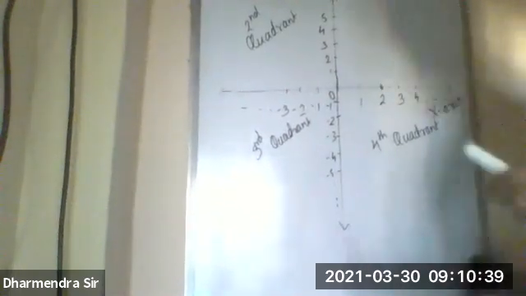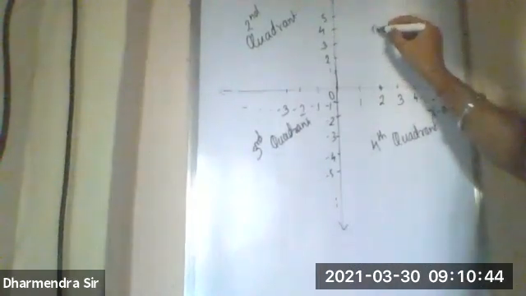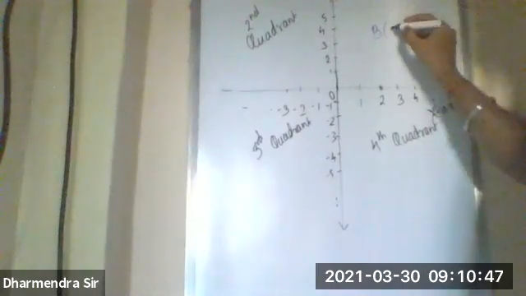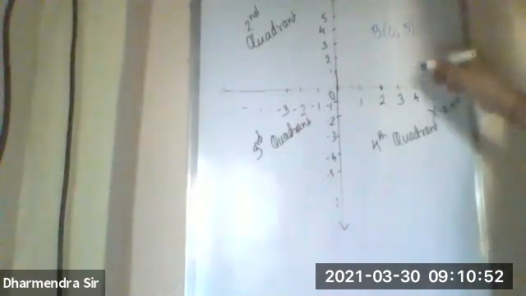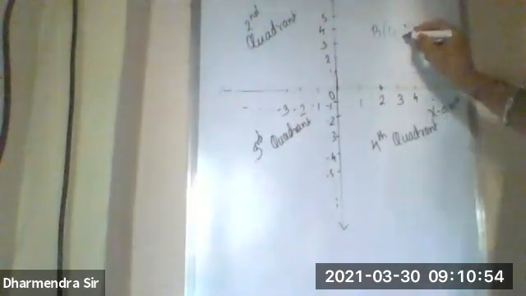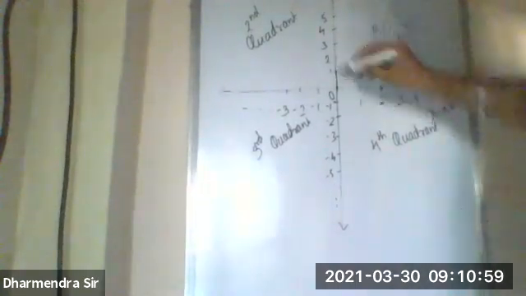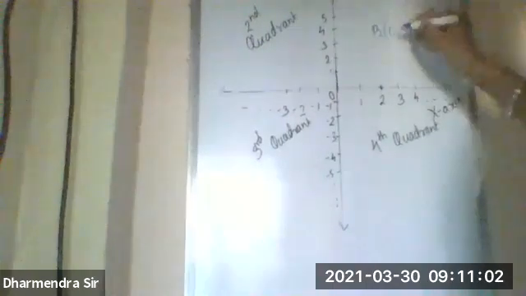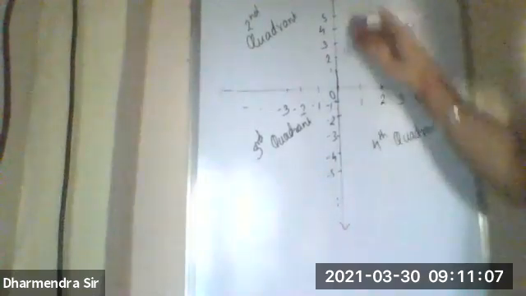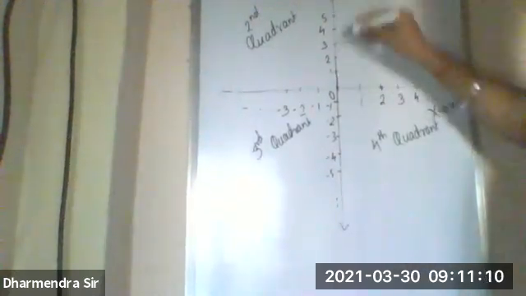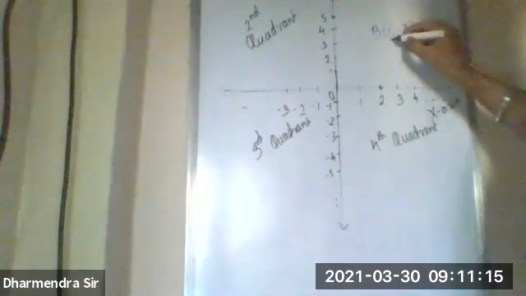Similarly, it can be done for another point. Now we have another point B whose coordinates are 0 comma 5. As we can see, its x coordinate is 0 and its y coordinate is 5, and it is positive, as we have minus 5 and plus 5 on the y-axis. So we just have to move above the x-axis. So this is the point, and it will lie on the y-axis. Why? Because its x coordinate is 0.